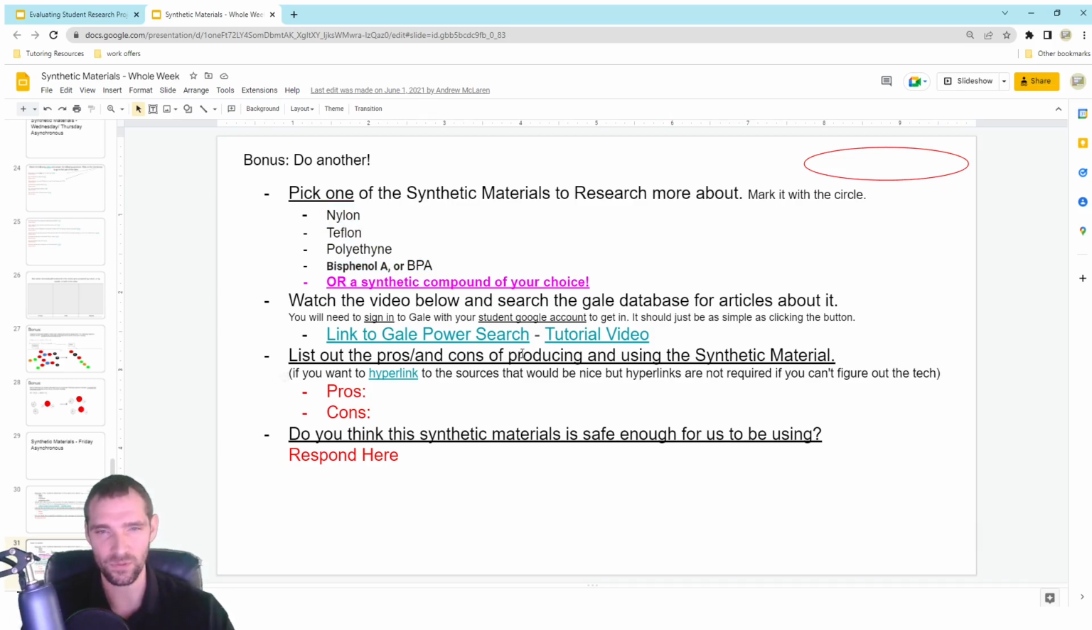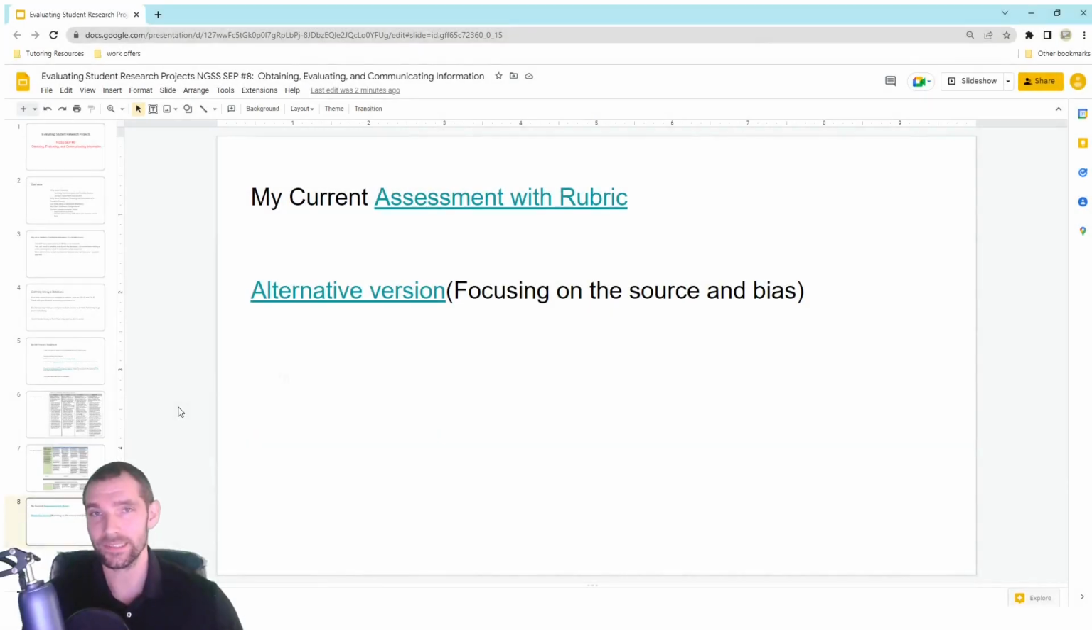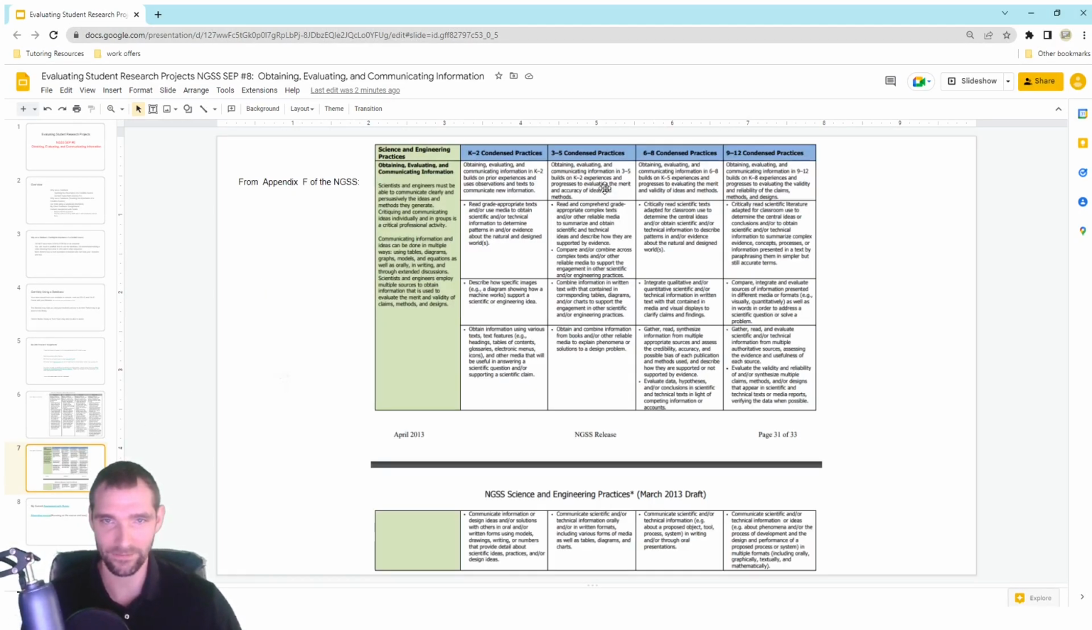And you should give them some sort of question or claim to focus in on that's related to that performance expectation. So my current assessment for research is based off of the Appendix F and the language that you see in that for obtaining, evaluating, communicating information in the middle school band. So I looked at this and tried to think about the high school and the elementary, kind of what